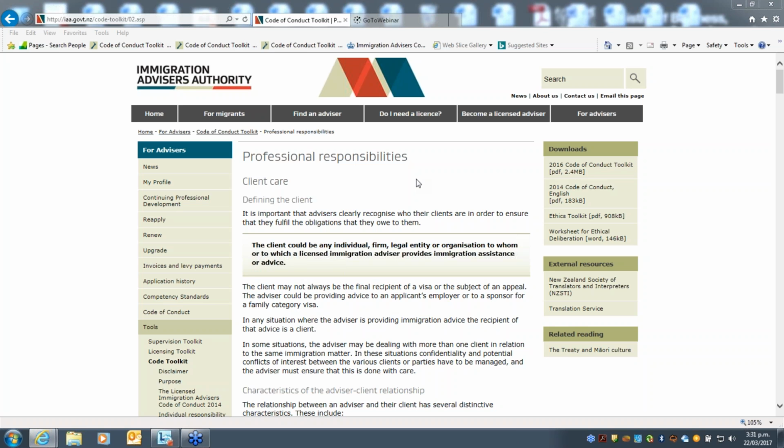Okay, sorry, we have a couple more coming through. I have a client who used an agency overseas that has a licensed advisor as a consultant to the business indicated on their website, but the company was providing the advice from unlicensed staff. How does the code ensure that there is accountability for the clients of the company where the licensed advisor is associated with the company, but the clients of the company are not under the licensed advisor as clients?